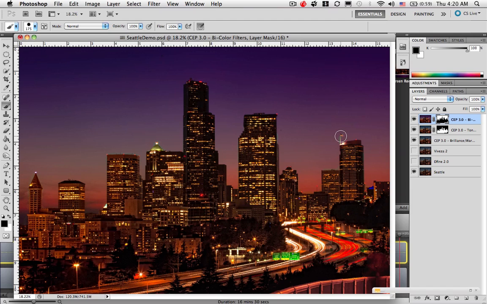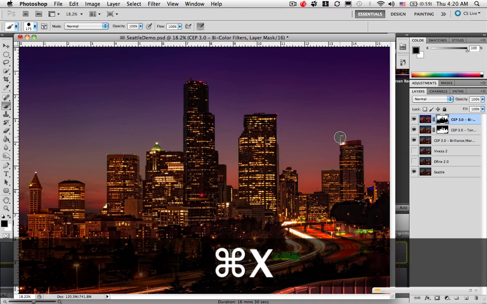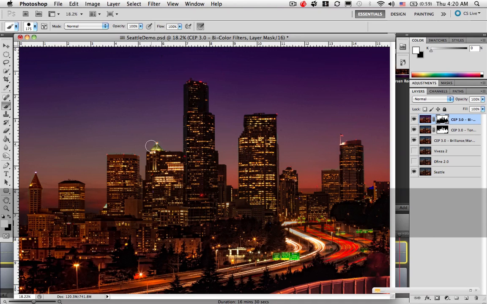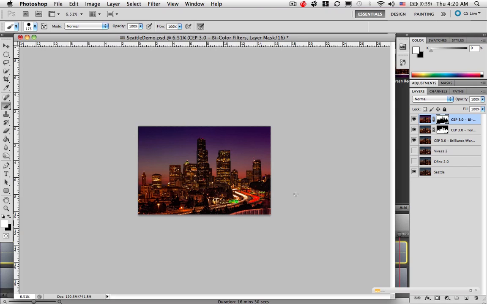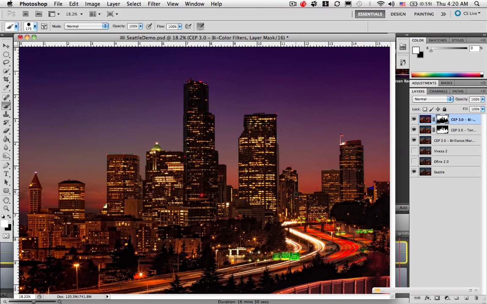Now there's some areas in here that you kind of have to clean up from the mask based on what we were doing in the previous one. So if I come in here and just, oops, just deselect that, kind of got to clean up these edges a little bit better. You kind of get the idea. And again, this is going to be as good as much time you want to spend into it. And this whole bicolor filter thing, this is sort of an extra step that I threw in. I may want to exclude all this, and